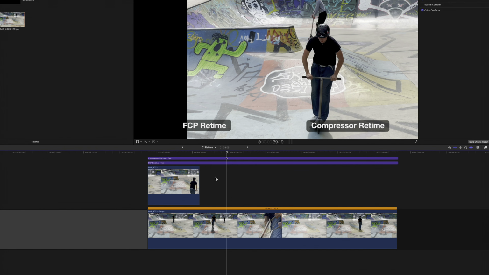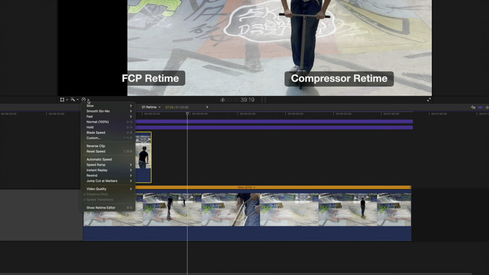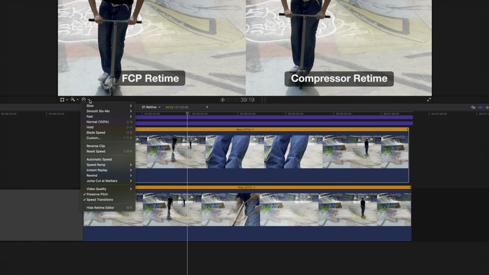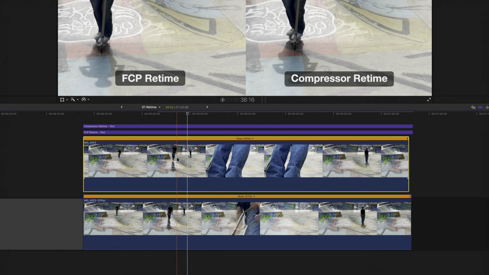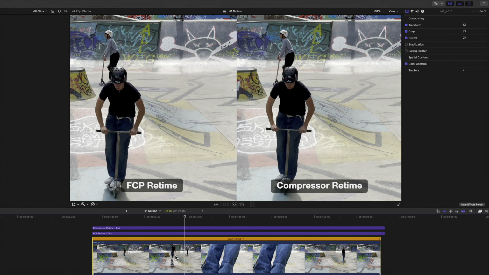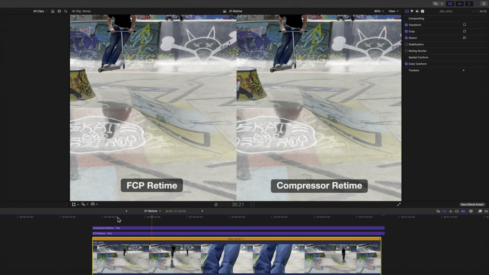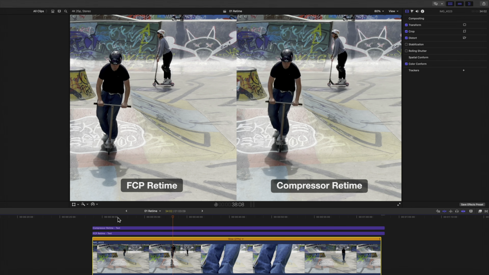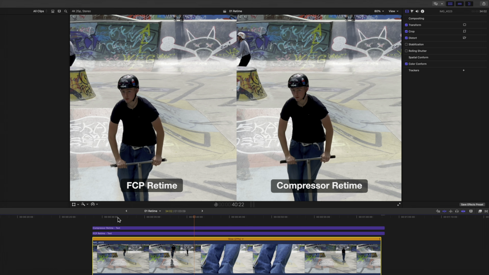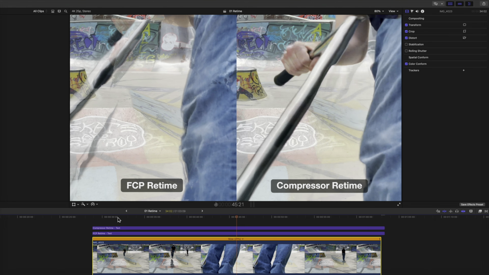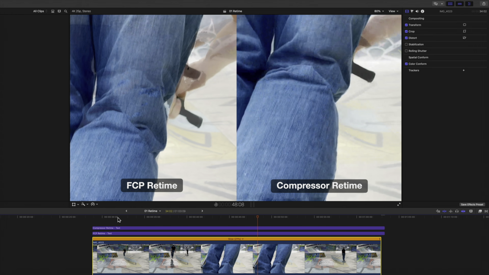Now selecting the original and giving it a custom speed of 21% as well, and then setting its video quality to machine learning, letting it analyze, and then rendering it. Playing them back, we can see both clips playing back with the same smooth slow motion with, as I've said, no discernible difference in quality. Both struggle almost identically when the kid is very close to the camera, but these types of temporal artifacts are always likely with such an extreme reduction in speed.